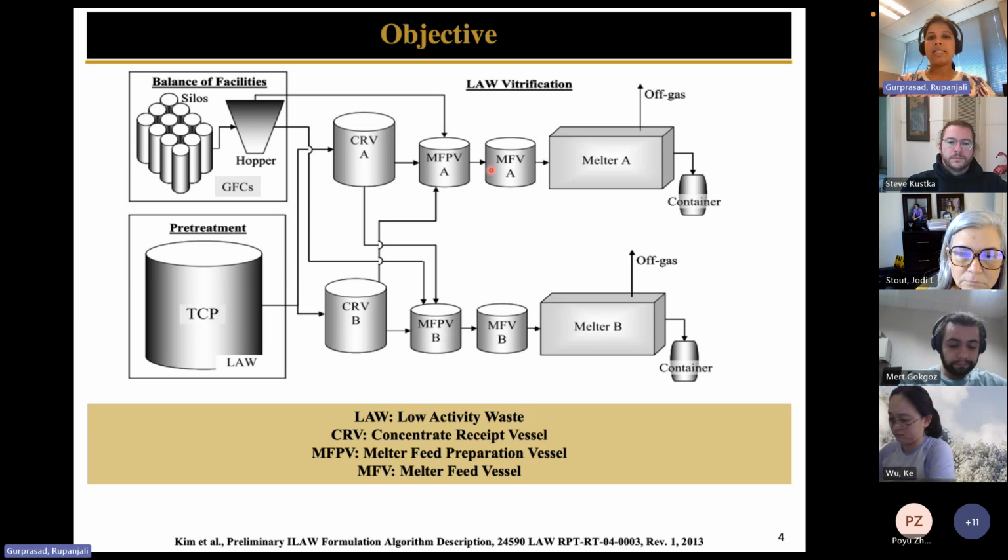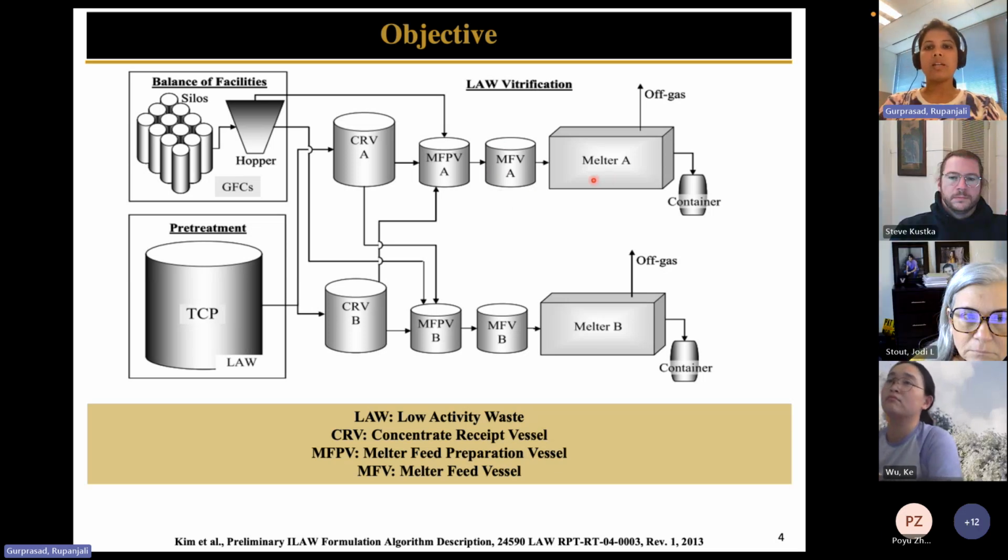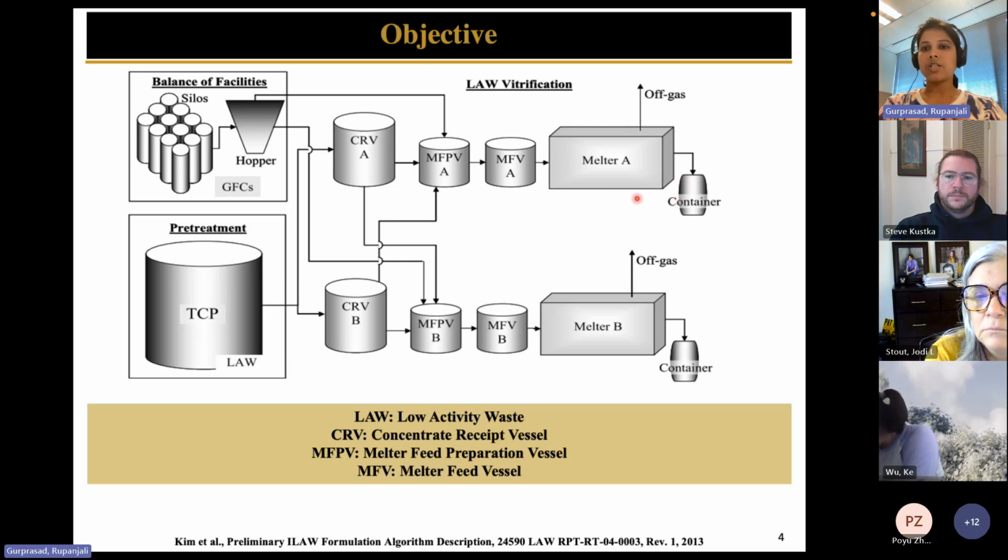So the contents in these tanks act as nothing but a continuous supply to the melter, where eventually everything is heated to a very high temperature of around 1150 degrees Celsius. So everything is in the molten state. And from there, it is cooled down to glass essentially, and that's the glass that is then taken away for long-term storage.